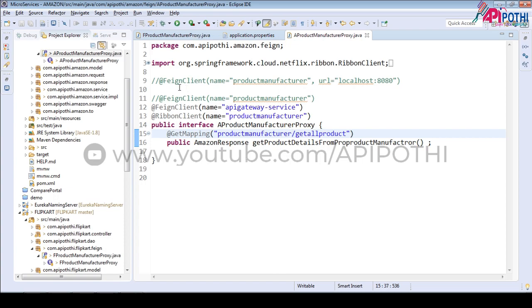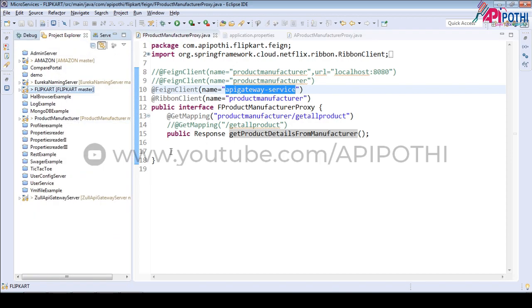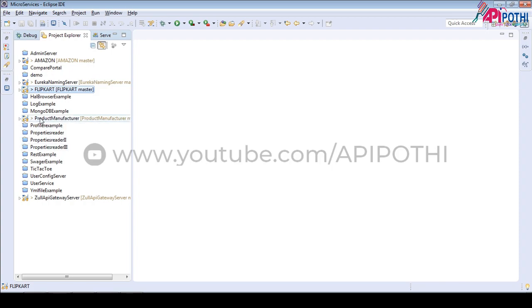That's all. Done. So now Amazon and Flipkart both are calling the product manufacturer services, so both requests have to traverse through API gateway. Let's check now.